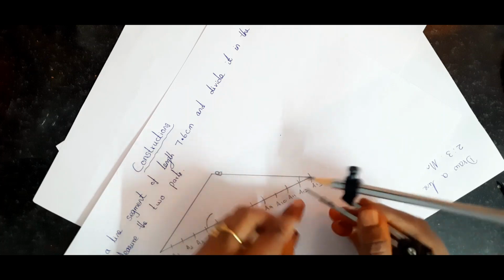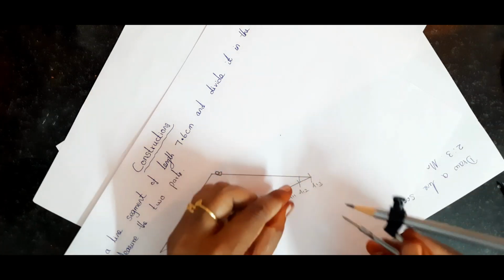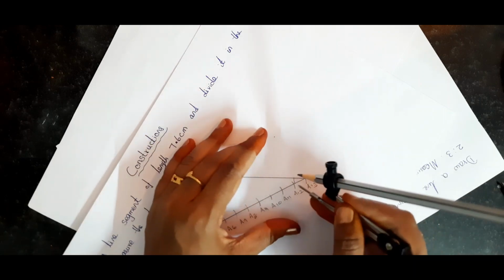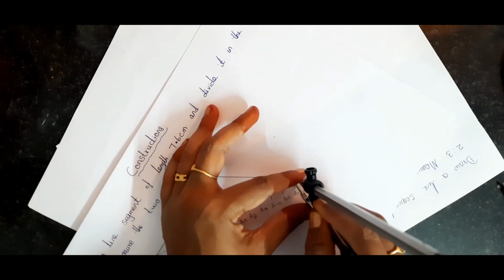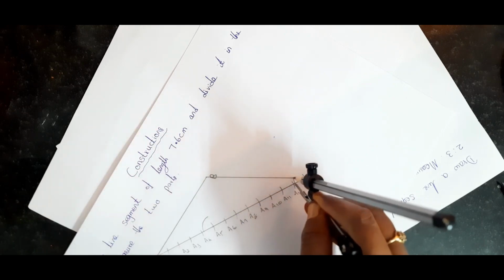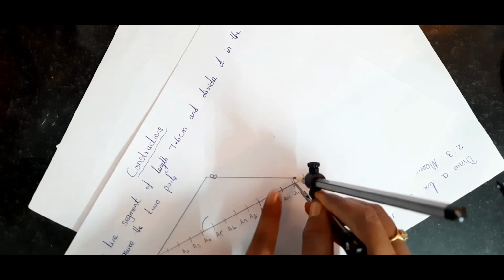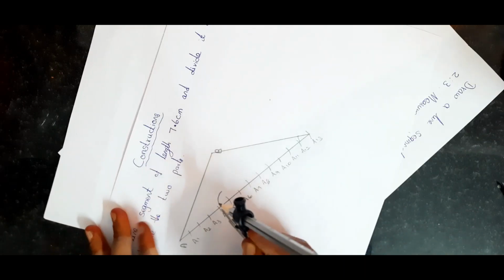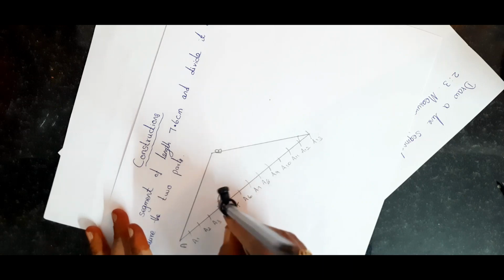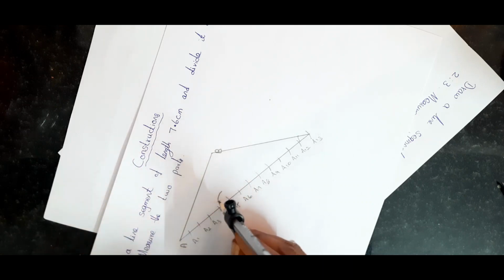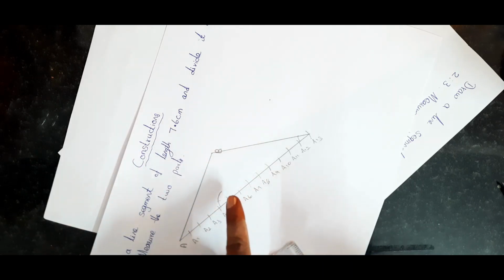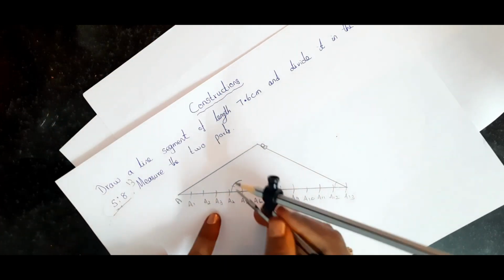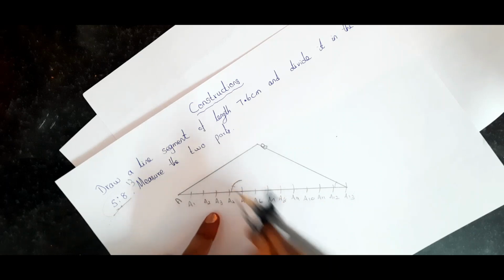So our arc is over. Now the next important condition. We have drawn one arc, no? So we have to measure this arc length. How to measure? Keep the compass here and the pencil tip here. You measure the length. I measured this arc length. The same arc length, we have to cut from the starting point of this arc. Most of the students cut from A5, that is wrong. Where should we cut? From the starting point of the arc. So here you should cut, okay.